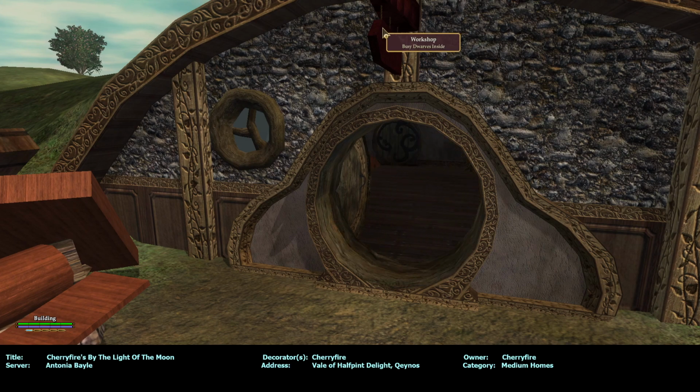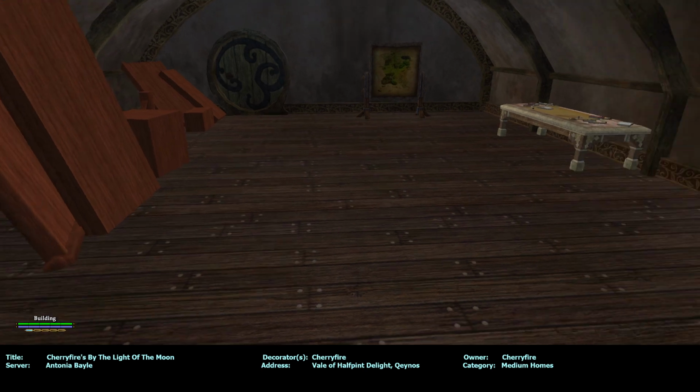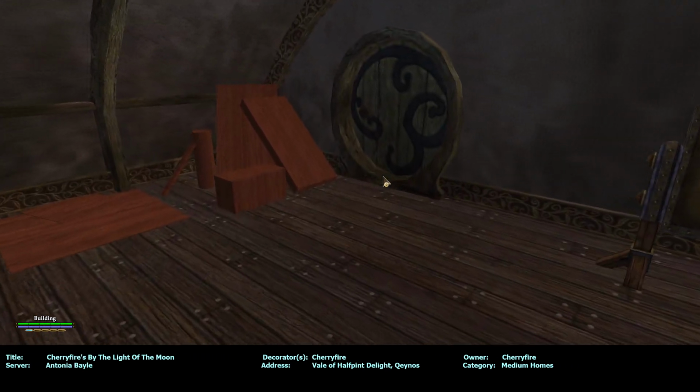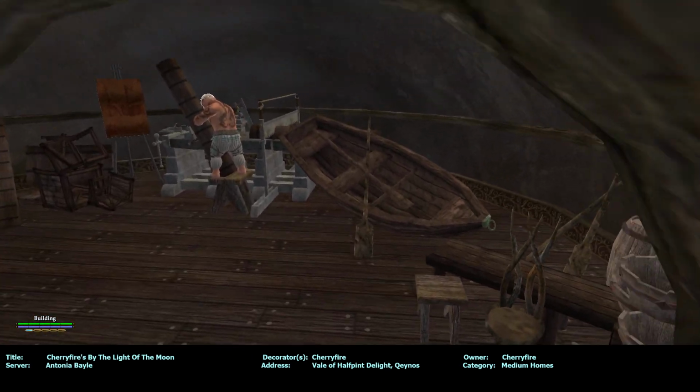Oh, workshop, busy dwarves inside. And this is where they strategize about what they're going to do. And in here,